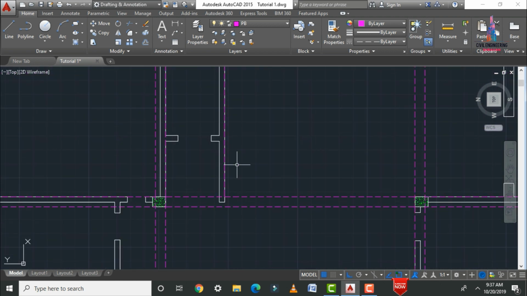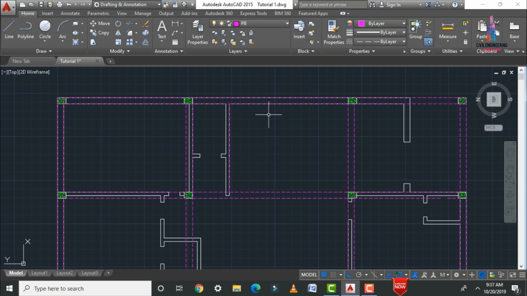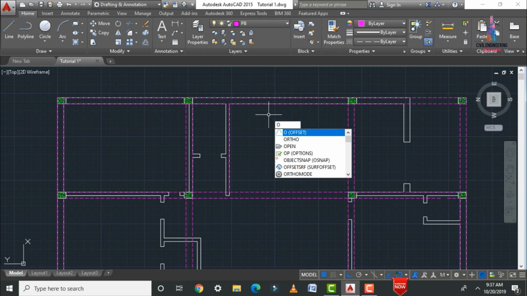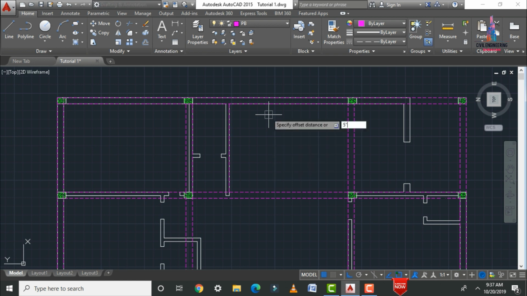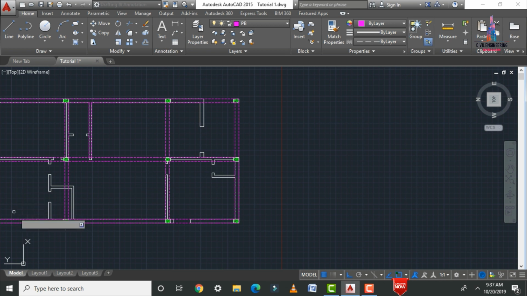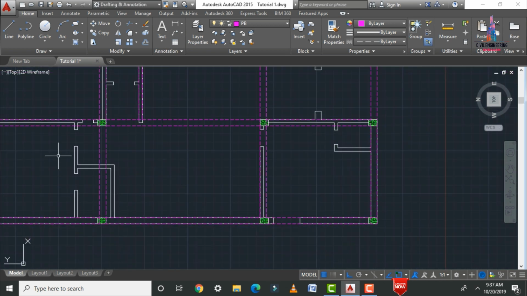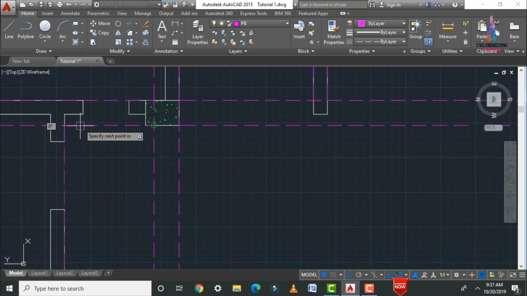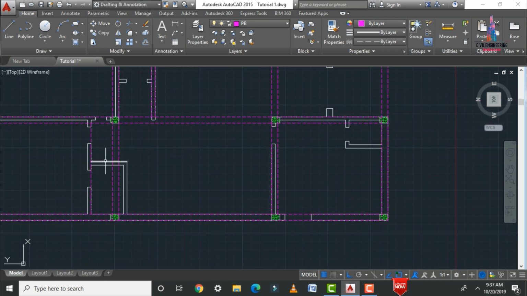So for this respective secondary beam section, I am considering the size of the secondary beams as 5 inches. So we need to apply the offset which is related to the 5 inches for the washroom section. Select this and we have to apply the offset. Again in the same process we need to apply the offset for the respective section here. O, L, enter, select the starting point here, again select the ending point here, click on offset 5 inches. Let us consider, select this line, click on this line.